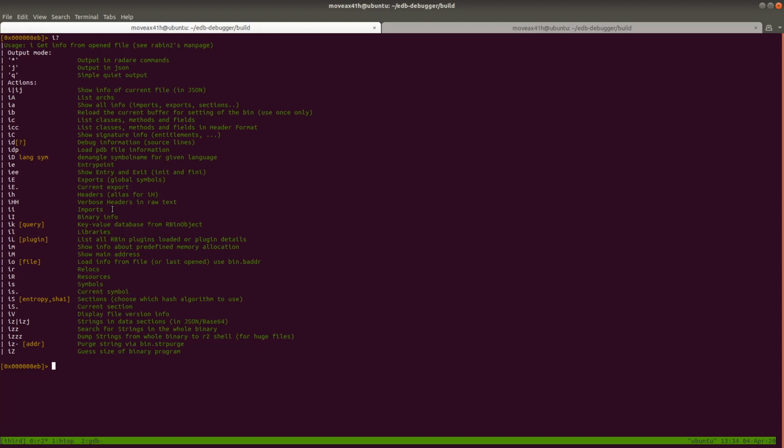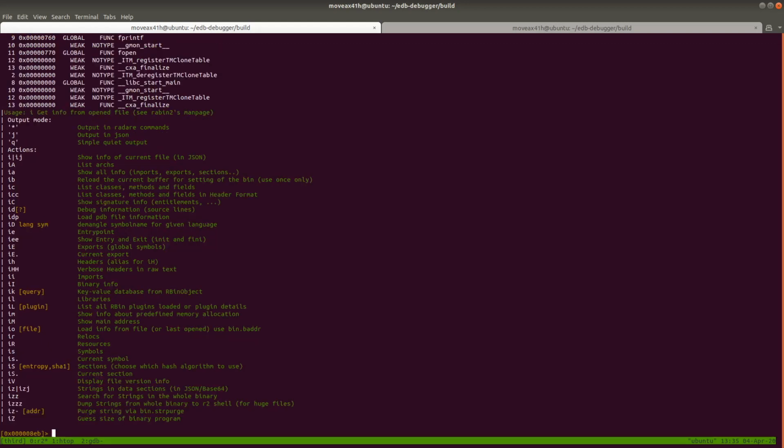In IDA Pro, there's a window for it. In Radare, all you got to do, as it says right here, is type ii. Now remember, if you left Radare, the binary needs to be analyzed at this point. If you haven't analyzed the binary, it's not going to show you anything, and it's going to look like, oh, it's not working. So if you come up with nothing with this command, remember to do aaa again, okay? So let's type ii, but before I do that, I'm going to do ii question mark. And you can see here that now